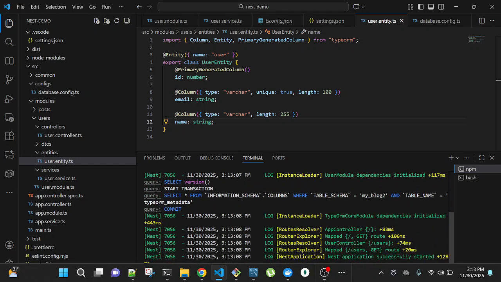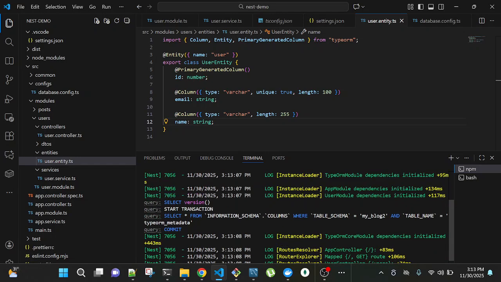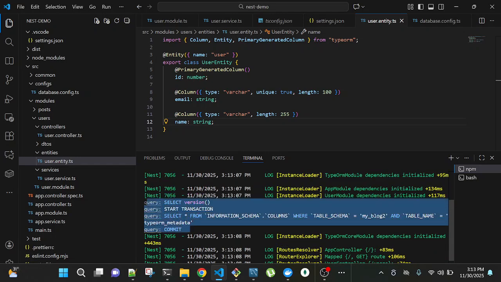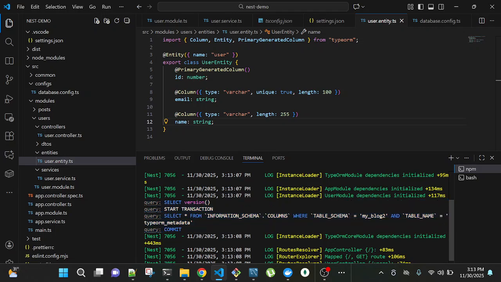Yeah, as you can see, it has just run this transaction here. So it created the author table and the rest.